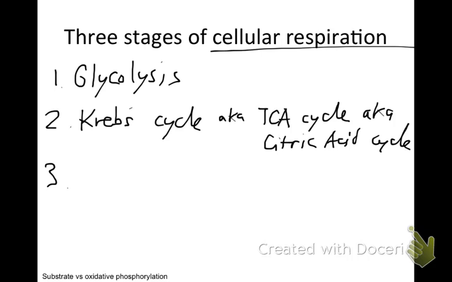So it actually has 3 different names for historical purposes. And then finally, the last stage is called oxidative phosphorylation,